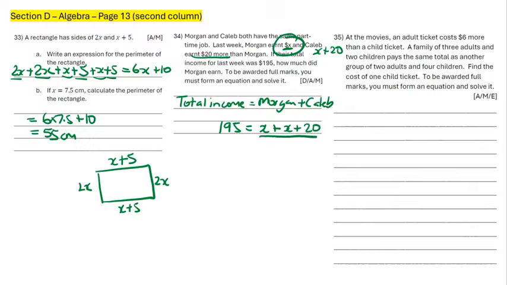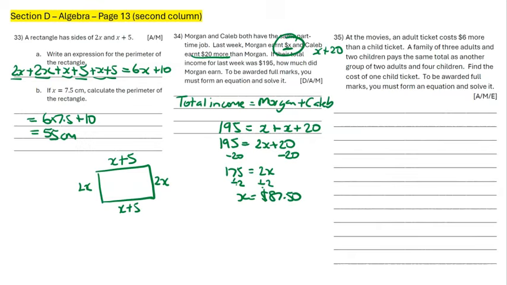I can now do my simplifying before I move on to solving. So x plus x is going to be 2x. So that there means 195 will be equal to 2x plus 20. I can now do my opposite. So I've got minus 20, minus 20. So 175 is equal to 2x. And then I can do my divide by 2. And we've got x equals